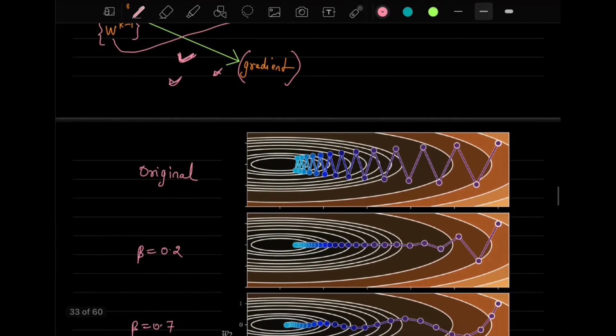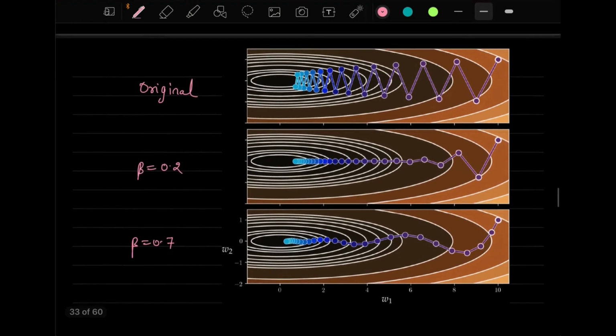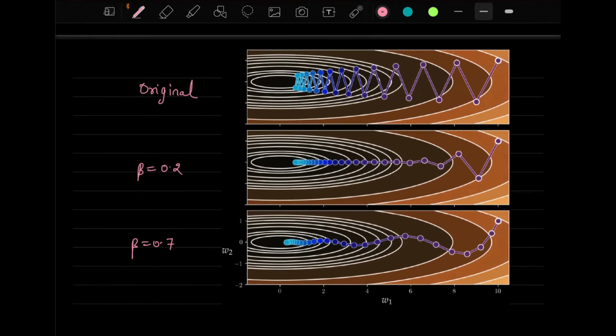Okay, so this is the plot that you can see for momentum accelerated gradient descent. Here you can see this is the original curve, this is with beta equal to 0.2 and this is beta equal to 0.7. You can observe clearly how the fluctuations, the zigzag pattern that you had in the original situation, is reduced when your beta moves from 0.2 to 0.7. It's basically completely gone. These points were earlier Wk; they are the time series. They have taken the motivation from time series to solve these types of problems.